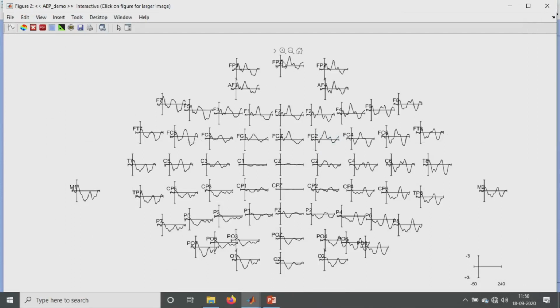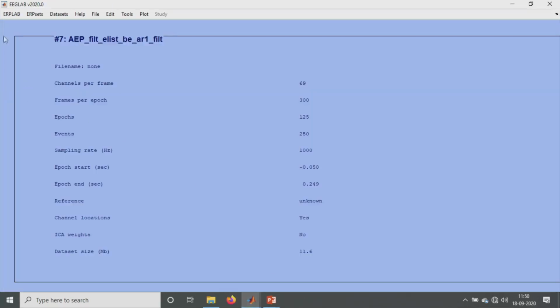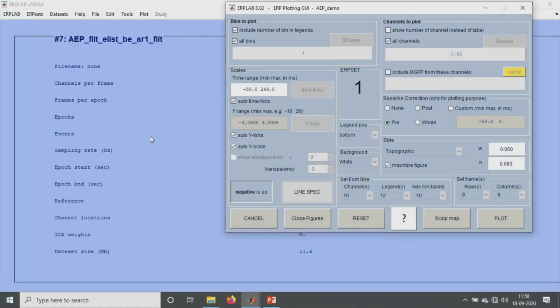If you see from here, this is the frontal and this is the occipital, from here to here. What happens is there is a proper dipole inversion taking place. However it looks here, it's the exact opposite there. It says that the brain also acts like a dipole. It's just indicating that. Now, this is a topographic analysis kind of thing. We can have it as individual waveforms also, and some statistical analysis can be done.